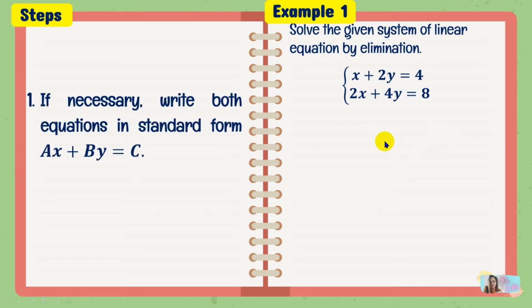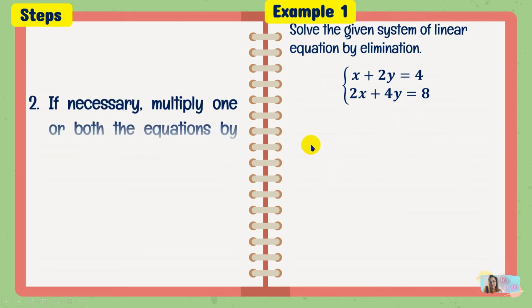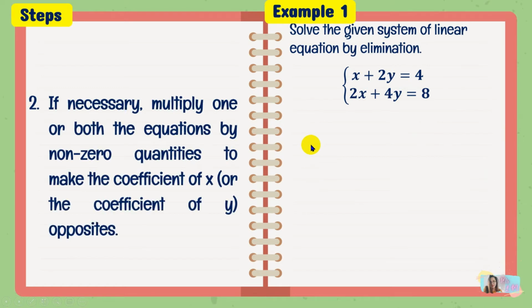And on step number 1, we have to write down both of the equations in standard form. But as you can see, pareho naman na silang naka-standard form. So skip na natin 'tong step 1. Let's proceed to our step number 2, which is dito na papasok yung mag-multiply, mag-multiply tayo ng isang number para